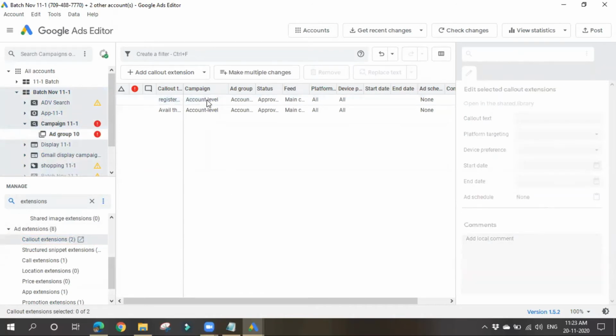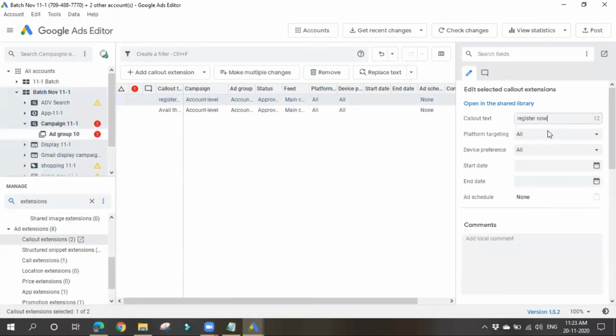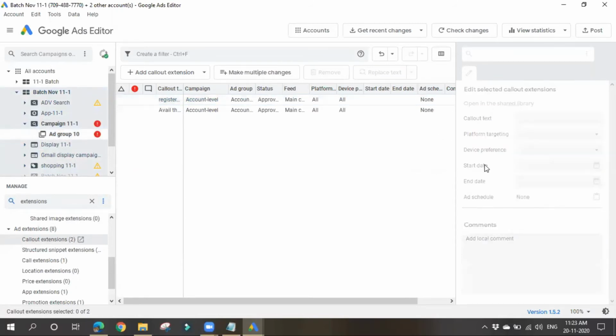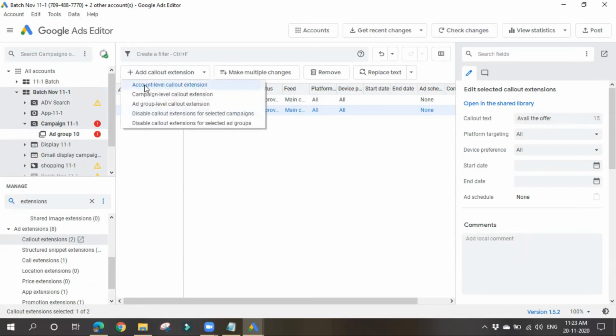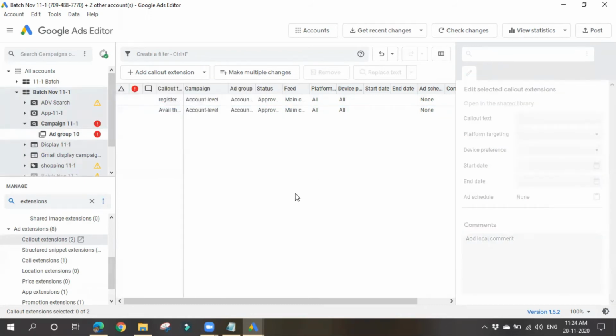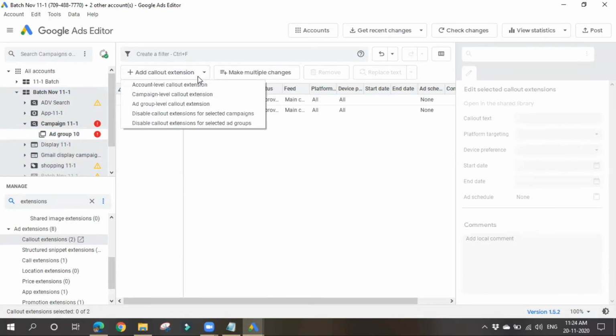There are some extensions showing. You can also edit these extensions. You can also choose the device preferences and ad scheduling. Like this you can add. You can also choose campaign level extension or ad group level extension, which means you can add this extension either at campaign level or ad group level, or account level. Whatever you want, you can choose.